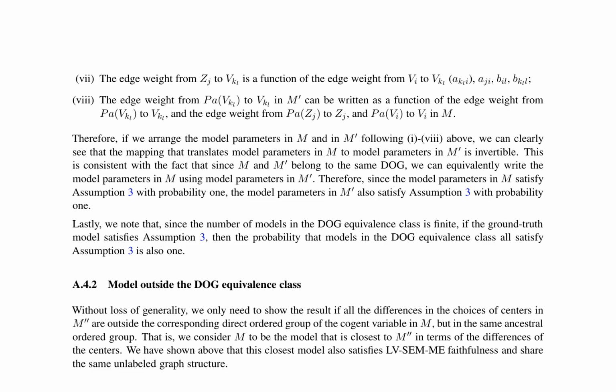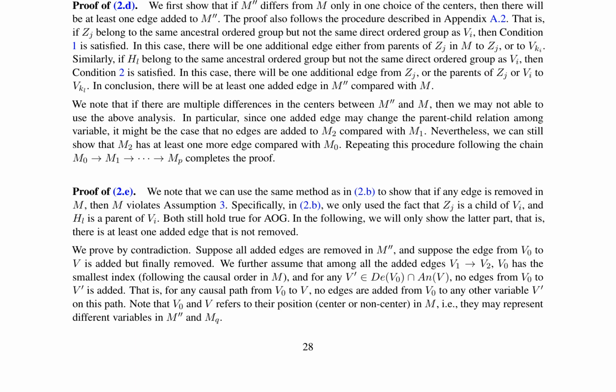The proof of 2d shows that if M differs from M only in one choice of centers, then there will be at least one edge added to M. This is demonstrated by considering two cases: when Zj belongs to the same ancestral ordered group but not the same direct ordered group as V, and when HL belongs to the same ancestral ordered group but not the same direct ordered group as V. The proof of 2e establishes that if any edge is removed in M, then M violates